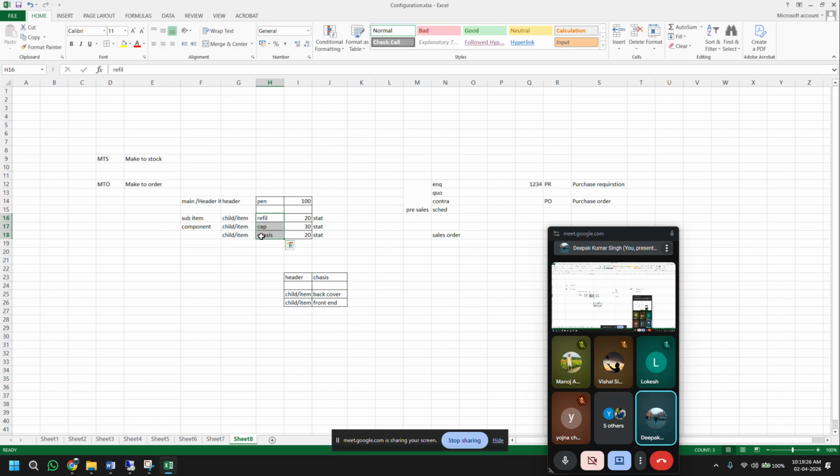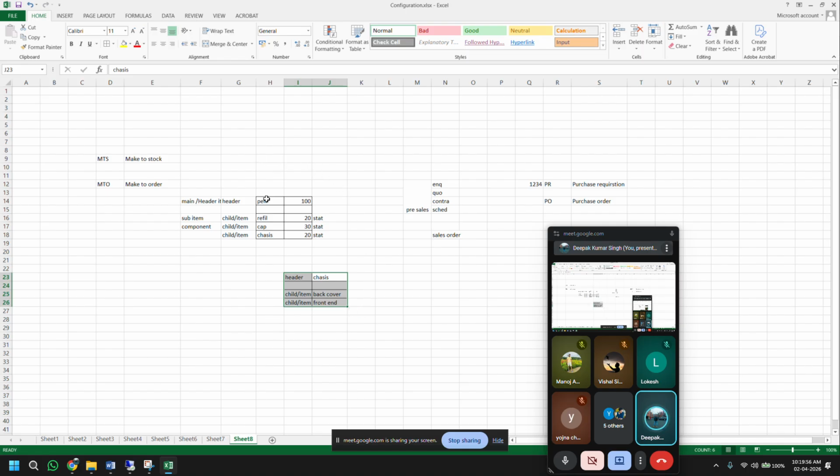So these are all different terms these people use, but the idea is the same, okay. Now as I said, this is my first level. As I said, multi-level means one of your components will have its own child. That's multi-level. Simple understanding, right? Out of my BOM components, there is a component which has its own bill of material or own child item. Then we call it a multi-level BOM,